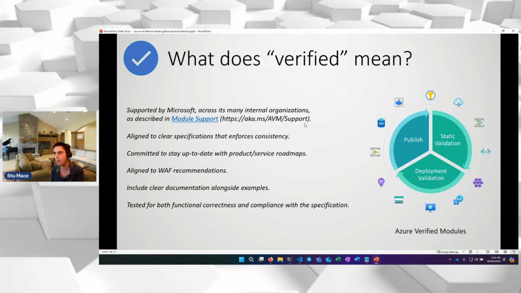As the community, we can contribute to AVM modules as co-owners, but the ownership of the module itself is with Microsoft. AVM modules are by default aligned to WAF recommendations, so they encourage alignment to the resiliency, performance, and security tiers. They include documentation along with examples, and the examples actually have dual purpose. The examples within AVM are actually run as tests. So the ones that you see within the modules provided as examples are actually deployed as part of the workflow of making sure that these resources operate.